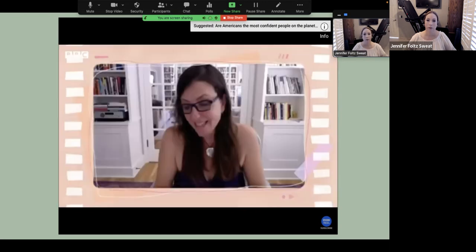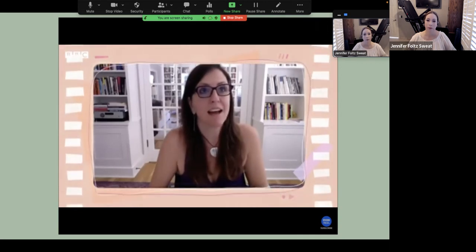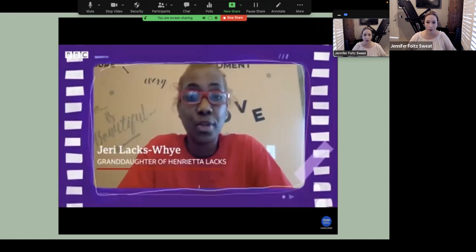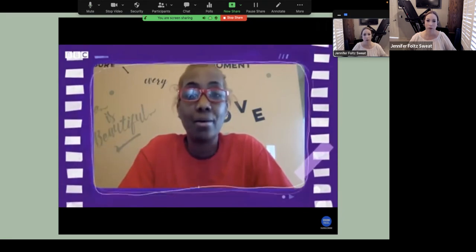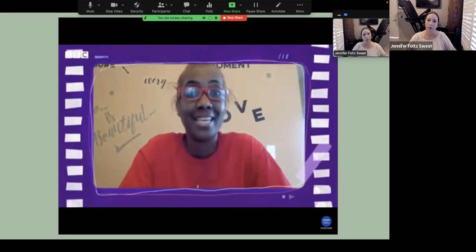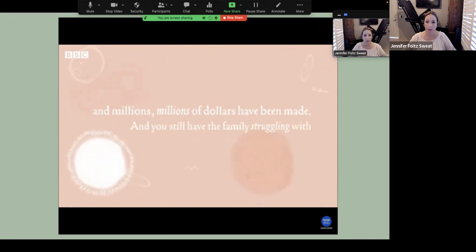At the same time, there was a lot of anger about the fact that everyone has benefited from these cells except her family. This information was out there for so many years, and the family was not even aware that they had taken cells from Henrietta Lacks, and these cells have been used all over the world by scientists, labs, researchers, and millions of dollars have been made, and you still have the family struggling with basic health